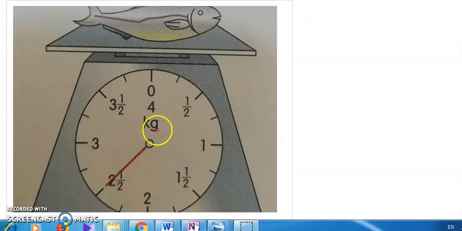To understand the concept of approximation, first have a look at this picture. In this picture, we place a fish on a mass scale, and the red line here is showing the reading of the mass scale. As you can see, the reading is halfway between 2 and 3. It is at 2.5, that is, it is at the middle of 3 and 2. So we can say it is halfway between 2 kg